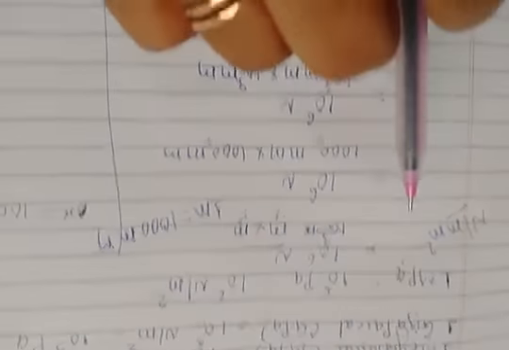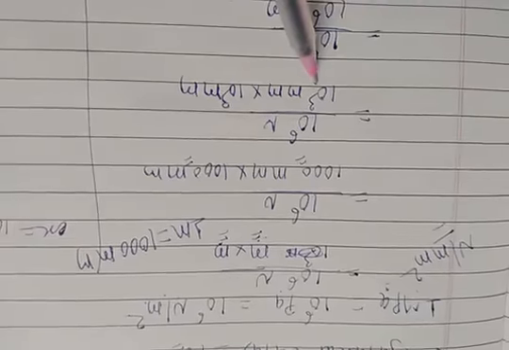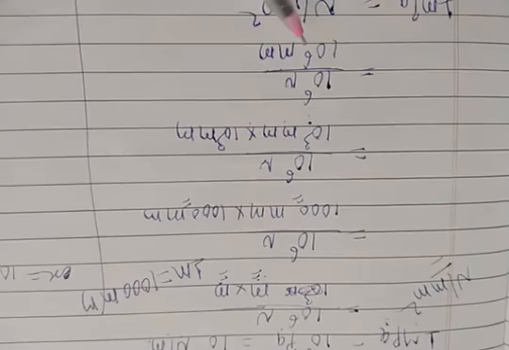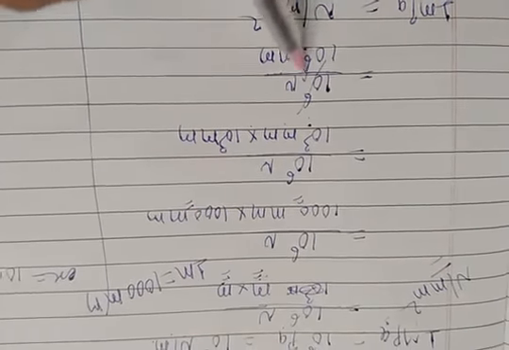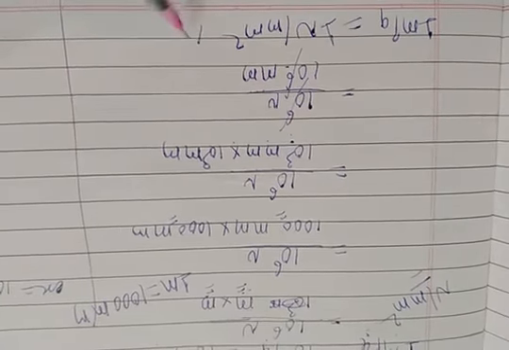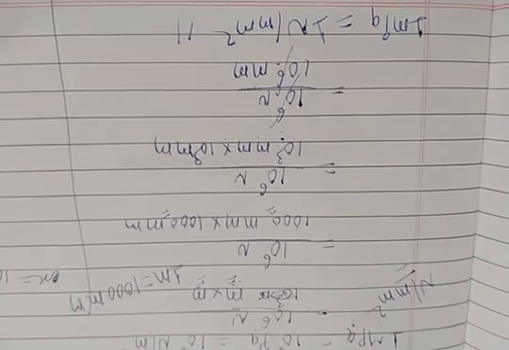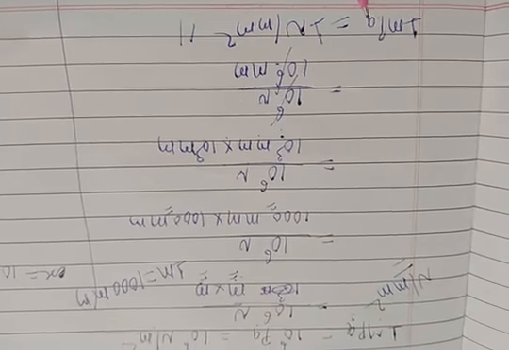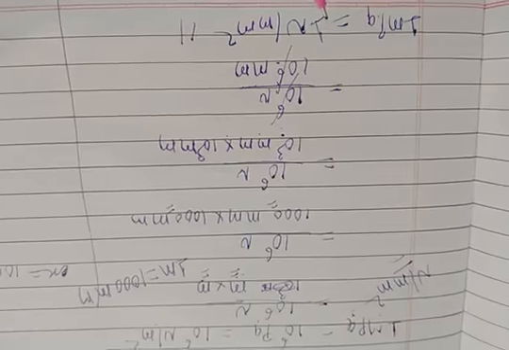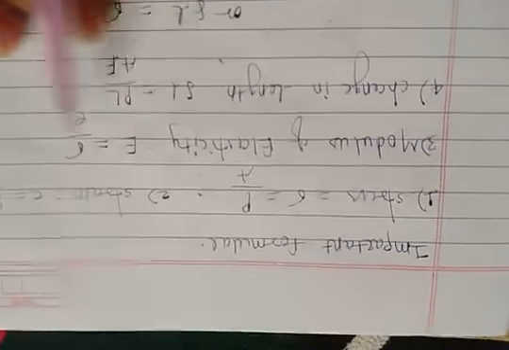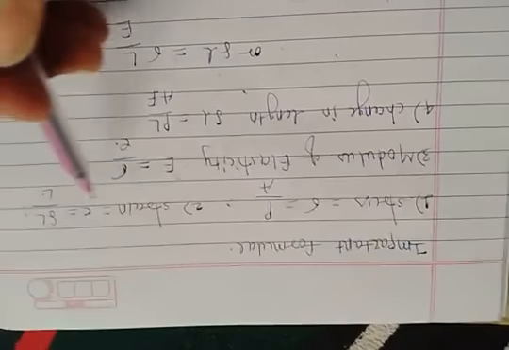So instead of each meter I am writing 1000 mm, and 1000 mm is nothing but 10 raised to 3 mm. 10 raised to 3 into 10 raised to 3, so the total becomes 10 raised to 6. Now this 10 raised to 6 cancels, and 1 megapascal gets the value 1 Newton per mm square. So remember, in a numerical, when the stress is given as 1 megapascal, you keep that value the same in the form of Newton per mm square.